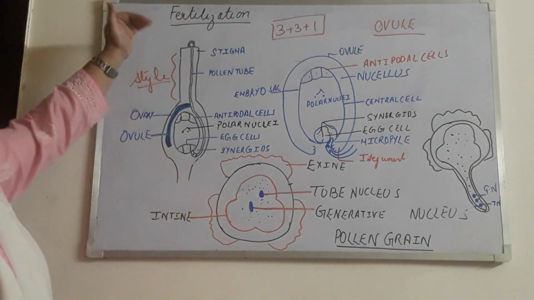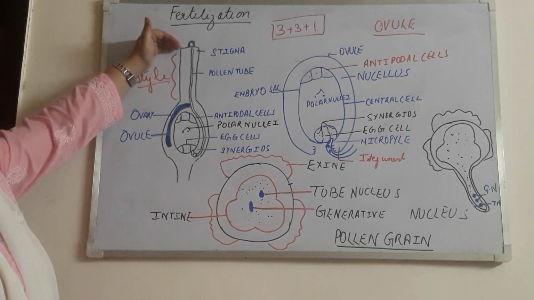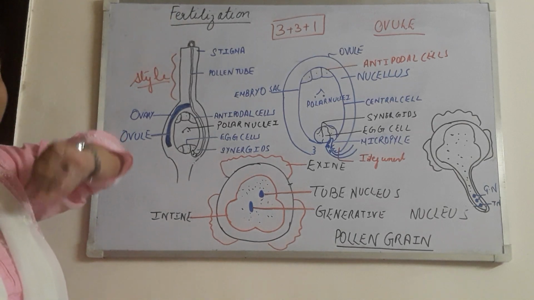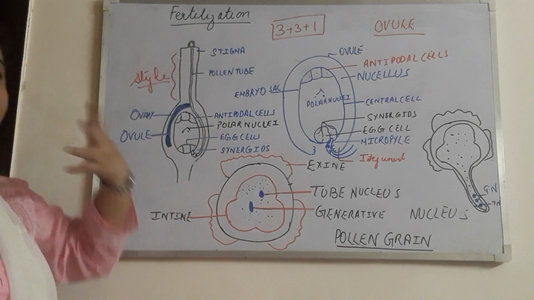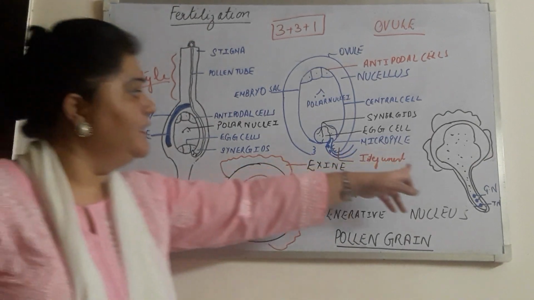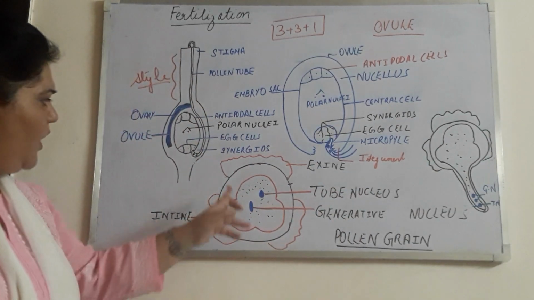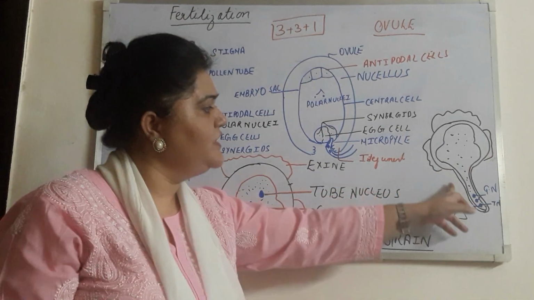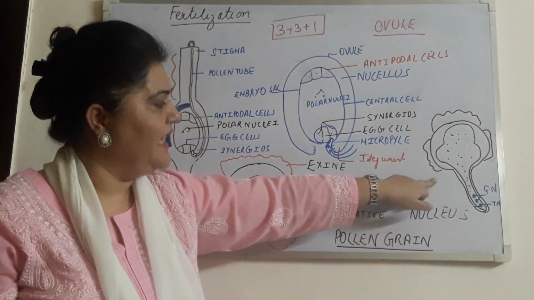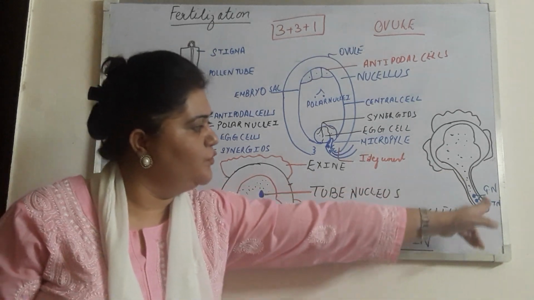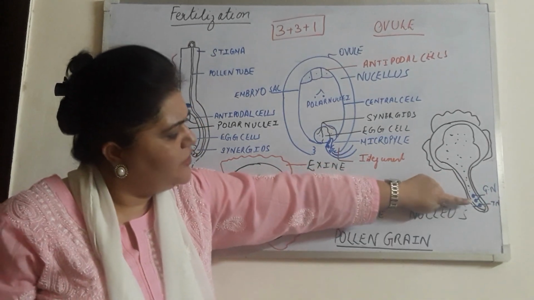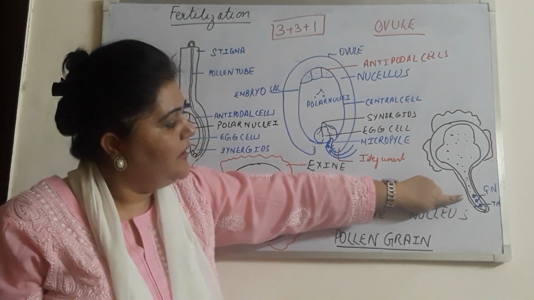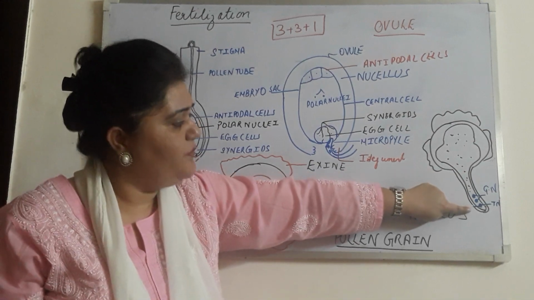Alright. So this stigma will release a sugar. That sugar will recognize the pollen grain, whether it belongs to the same species or not, and then only the pollination will occur. Then how will the pollination occur? Next step is here: this pollen grain, from the outer membrane, exine, from anywhere, will form a tube-like structure. Here you can see in this diagram how it has formed a tube-like structure. Here you can see 1, 2, 3 nuclei. Okay, so these two are generative nuclei, and this first one is the tube nucleus.